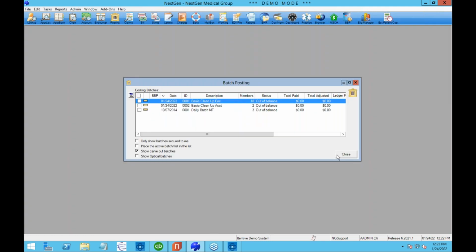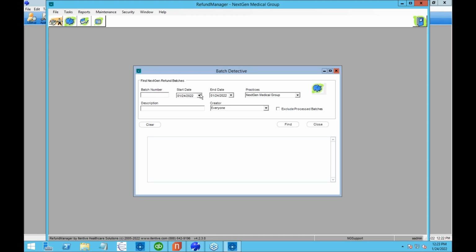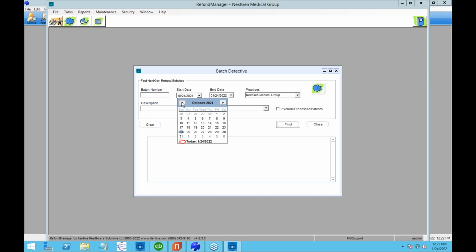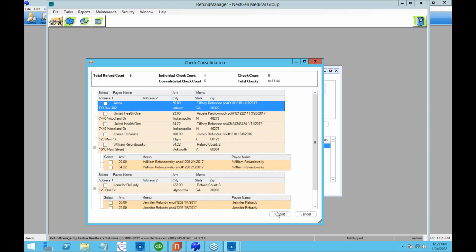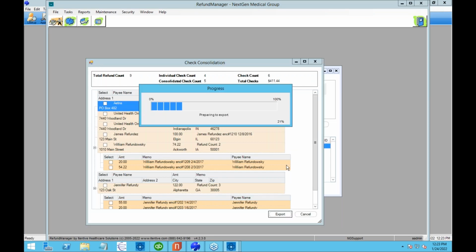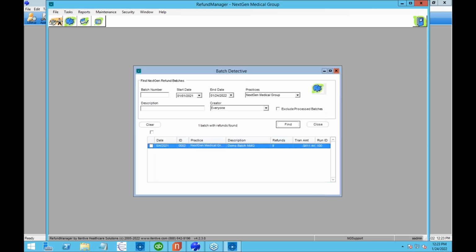So now let's go see what's happening in RefundManager. I want to go into our batch detective. I want to find those batches out there that we haven't processed yet that contain one or more refund transactions and send them over to QuickBooks. In this case, we just have the one we've been working. And instead of us having to type it into the accounting system, we tell it to export, and it'll either generate a file for your accounting system or talk straight to the accounting system, depending on what accounting system is in use. So it just moved all those refunds, all 9 of them, over into QuickBooks